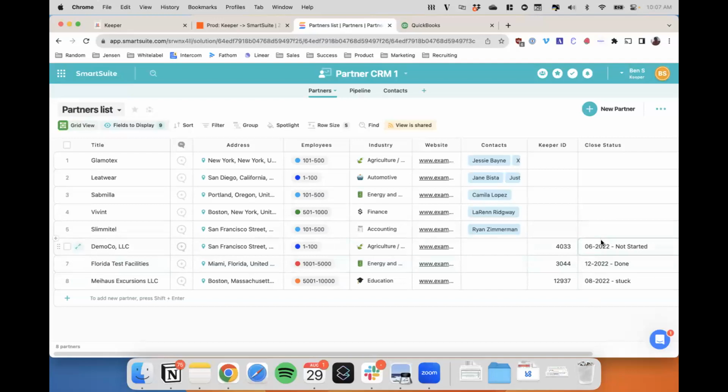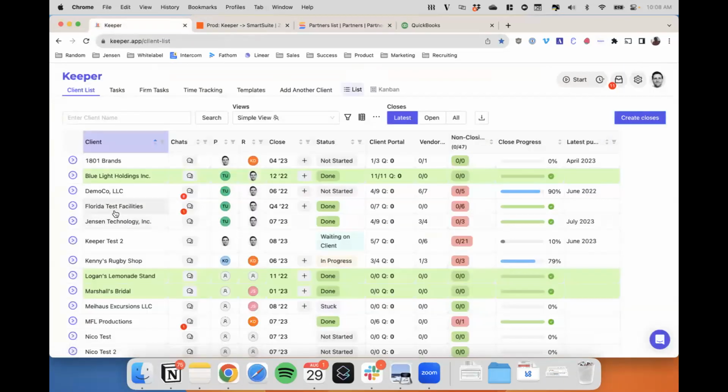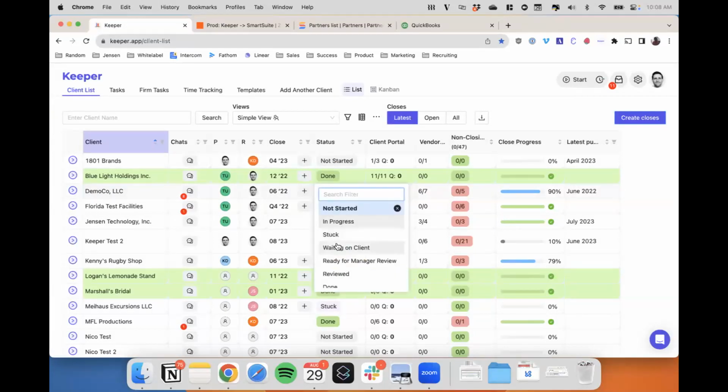And then we also have this new column called close status. This is just a text field that we replace whenever we update the status of a close. So if you're a manager and you're using SmartSuite but you're not inside Keeper, you can still see the status of the latest close. If we actually go in and make a change here, let's say we change DemoCo from not started to, let's say, ready for manager review,